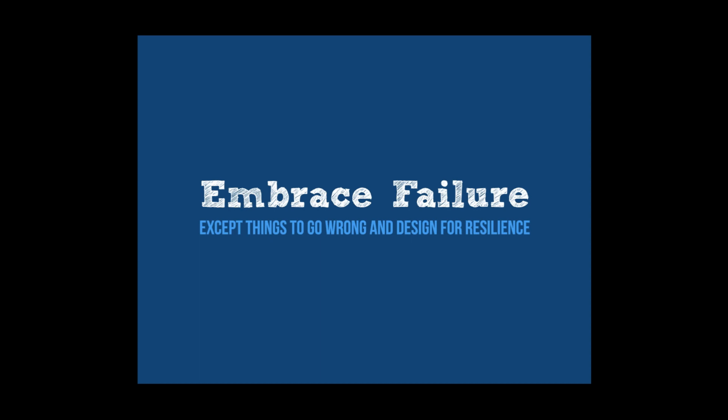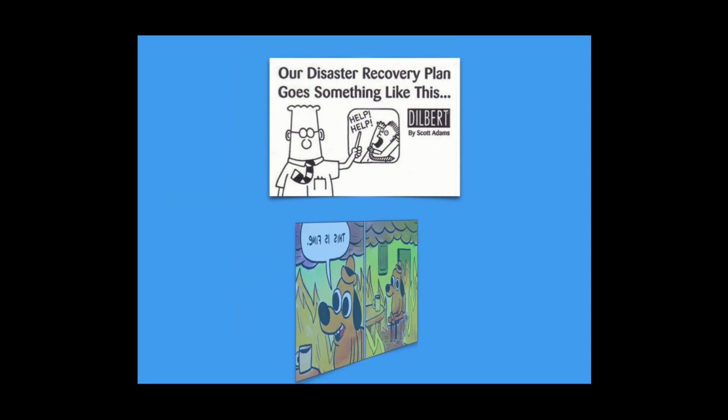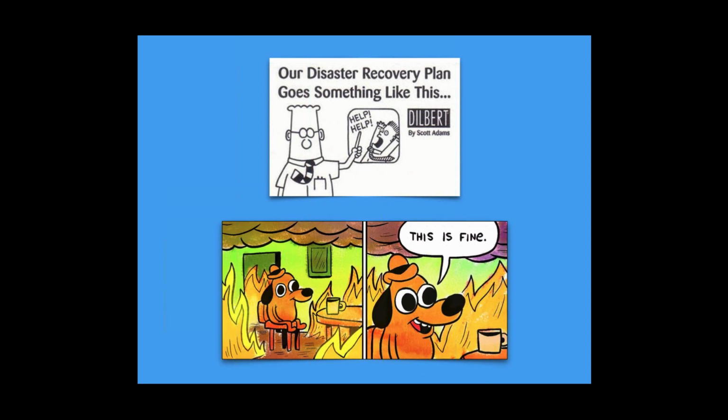The third principle is embrace failure. Expect things to go wrong and design for resilience. A couple of different strategies for this. It might be that you just freak out or run for cover, or just expect that everything is fine, everything will just go as you want eventually. Neither of these strategies are sustainable or particularly healthy, I have to say.